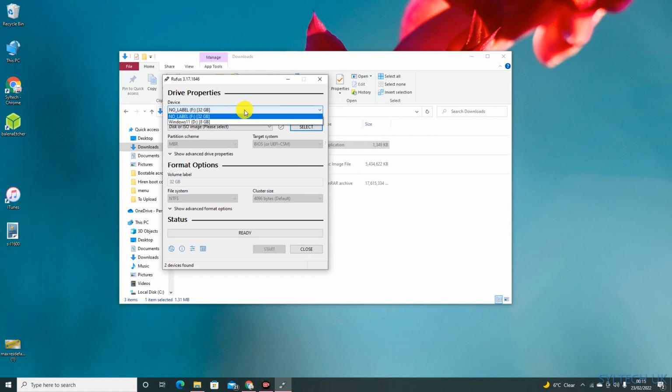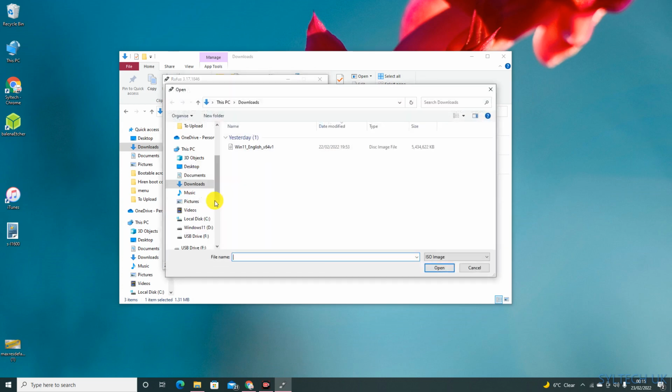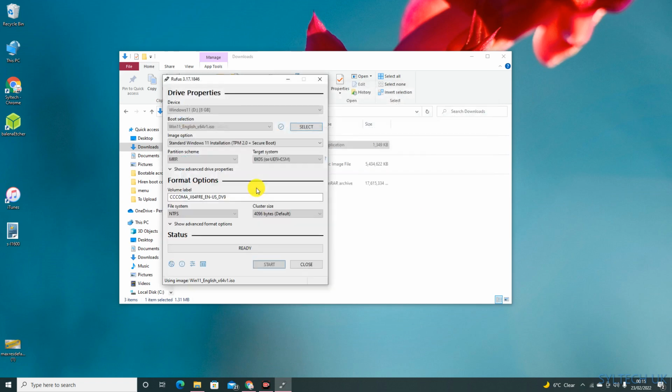Once this page comes up, just select your USB. I have renamed the USB to Windows 11 D drive. So it's asking you to upload the ISO file. Click select and click onto the ISO file and press open. Now in the image option here, click on the arrow button and select extended Windows 11 installation, no TPM, no secure boot. So you must select it to bypass this, and for the partition scheme select MBR,